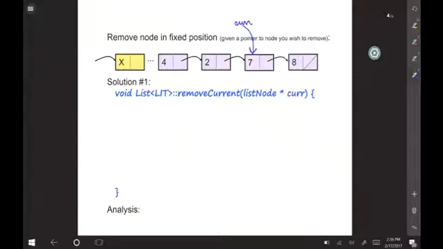Where do you wish you had a pointer? Can we just remove that one? Can we just do this? Can I just say delete cur? Can I do that? I can't, but I gave it to you. I just want to delete it. What happens? Like a broken heart, right? We break our list in two. We've taken a node right out of the middle of the list. So that's not the strategy. Nope, not doing that.